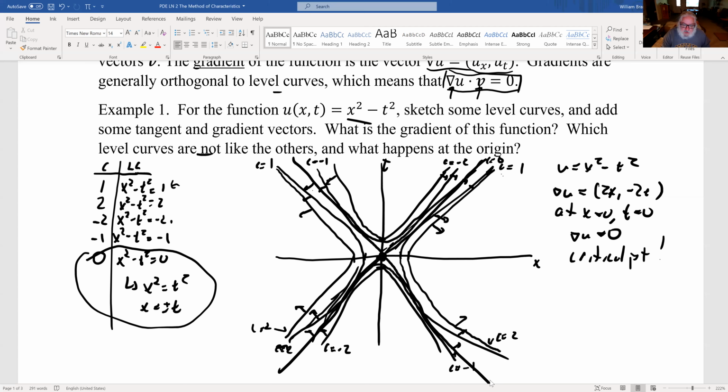If you think about the level curves, they will have tangent vectors that are perpendicular to my gradient vectors. So x squared minus t squared, that's what the level curves look like, and that's what happens at the origin. Okay, so